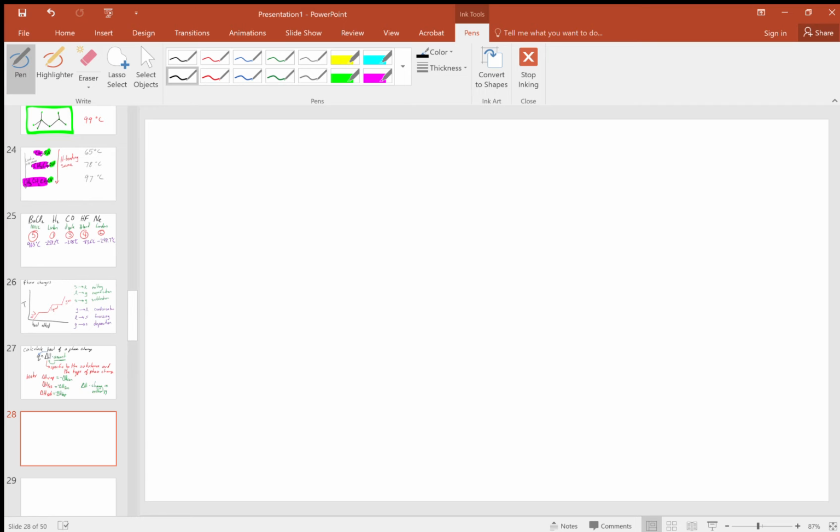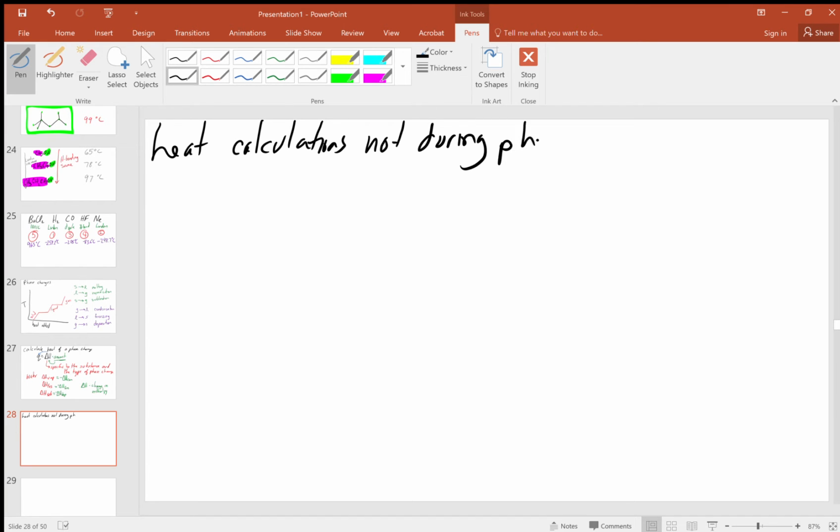What about heat calculations not during a phase change? So in other words, what if we have a liquid and we just heat it from 20 degrees to 50 degrees? How do we calculate that? In that case, Q is equal to M, which is the mass,